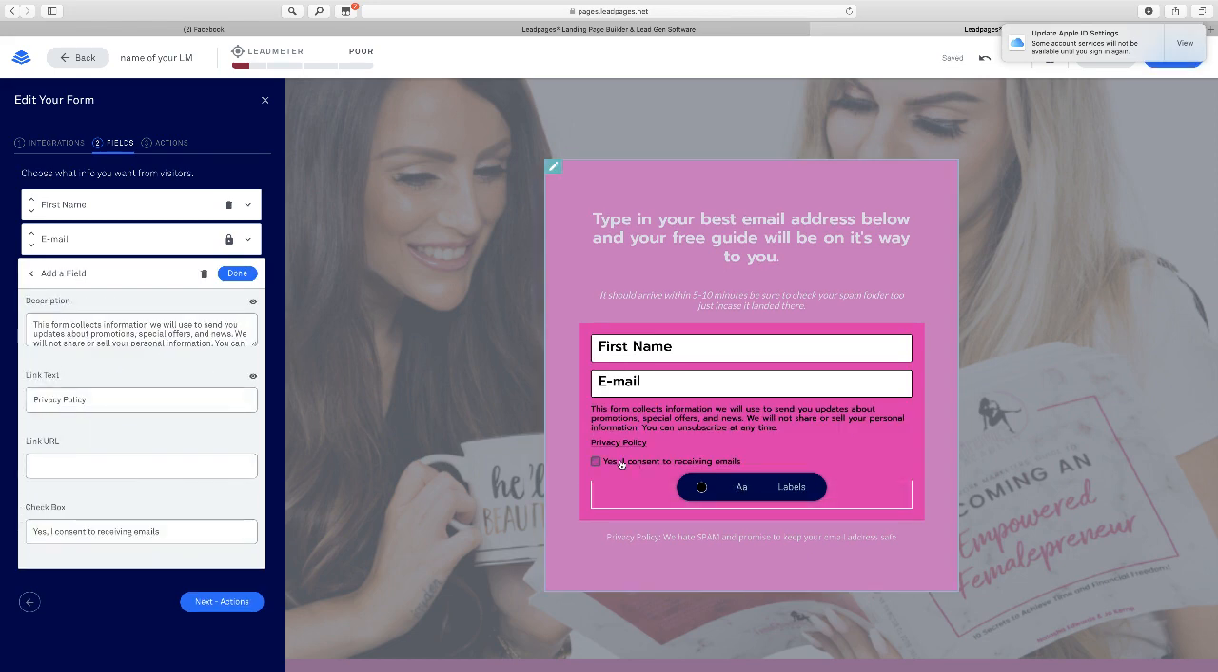So it says, this form collects information we'll use to send you about promotions, special offers and news. We will not share or sell your personal information. You can unsubscribe at any time, okay? Now, you can edit this if you want to, okay? You can keep this if you want to, or you can edit it, and you can say something like, this